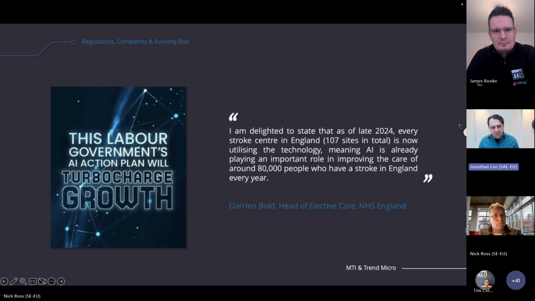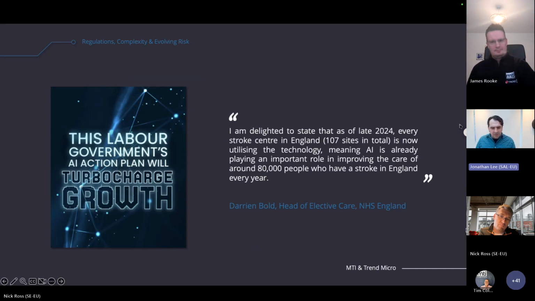It's really changed massively. At the same time, we've got this big agenda around growth from the government, and part of that is around artificial intelligence. They talk about AI increasing productivity from an economic growth point of view in GDP. But from a public services point of view, for those of us on the call here, it's all about providing better public services at scale and a better citizen experience.